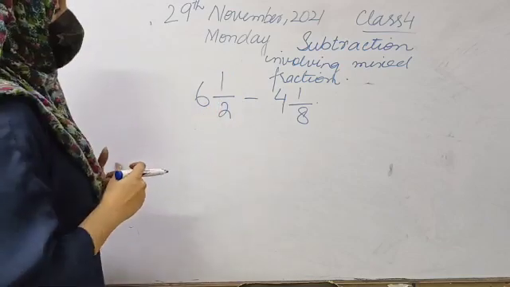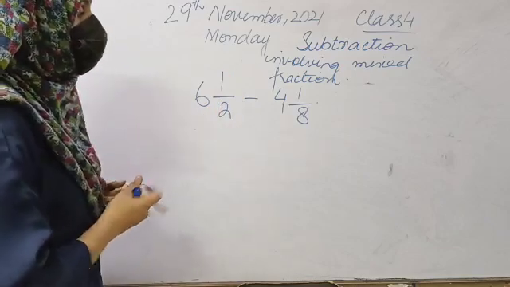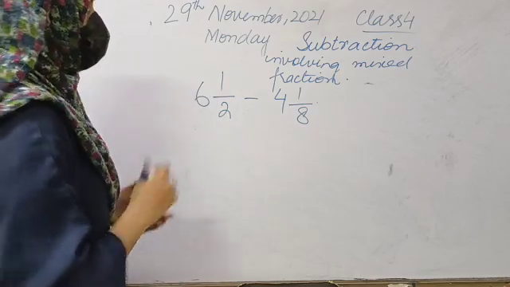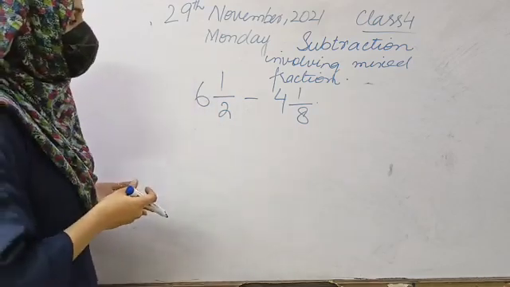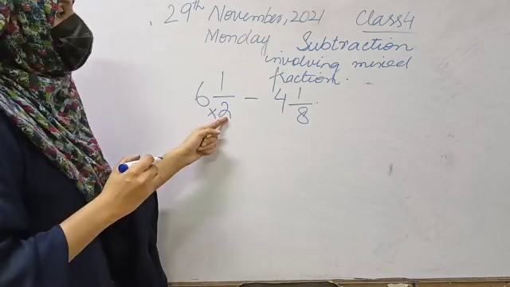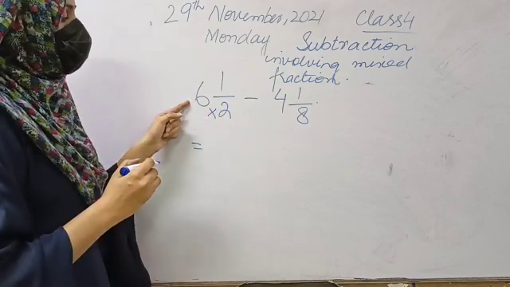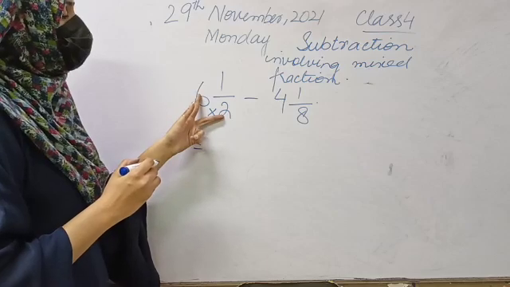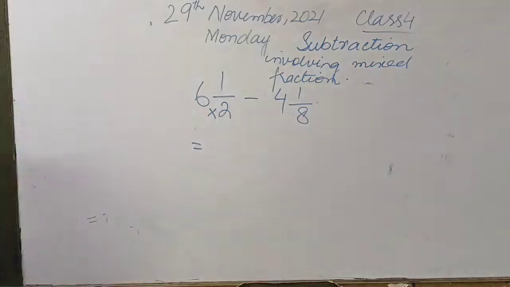Fine. So first of all, we will open it, both fractions. Now what is the criteria to open it? We will simply multiply the denominator part with the whole number. So what we have after multiplication? Yes, Arham, you tell me. 6 into 2 is? Very good. 6 2 times 12.